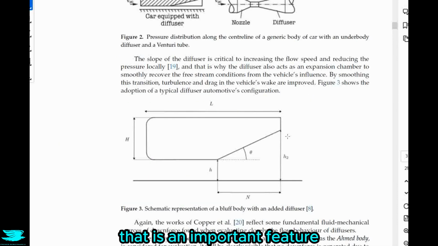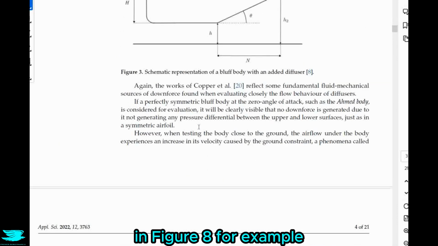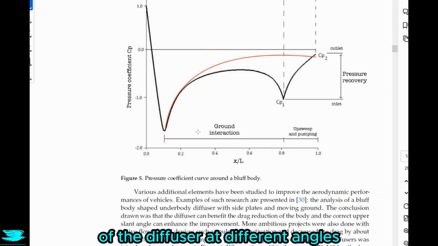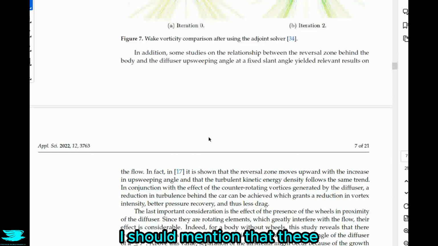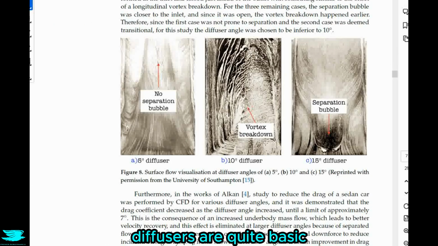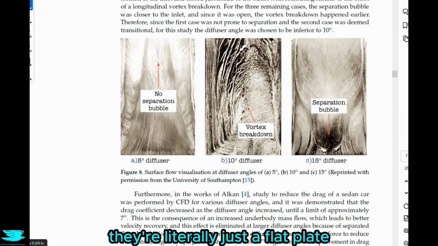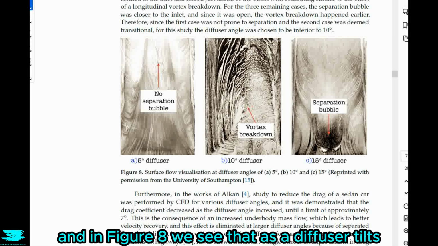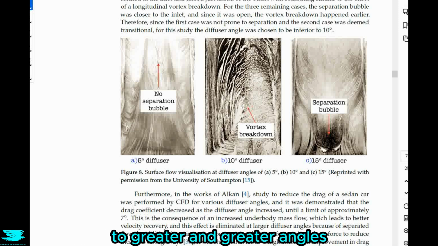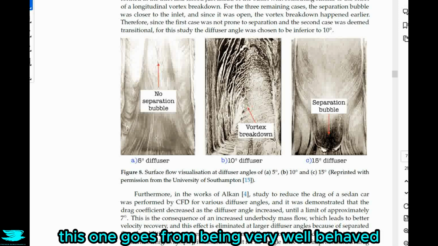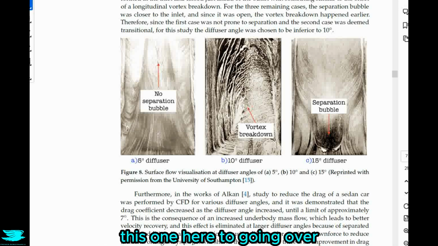That is an important feature. In figure 8, for example, we see the flow vis results of the diffuser at different angles. I should mention that these diffusers are quite basic in that they don't curve. They're literally just a flat plate going straight up at an angle. And in figure 8, we see that as the diffuser tilts to greater and greater angles, the flow over this one goes from being very well behaved, this one here, to going very not well behaved at all,